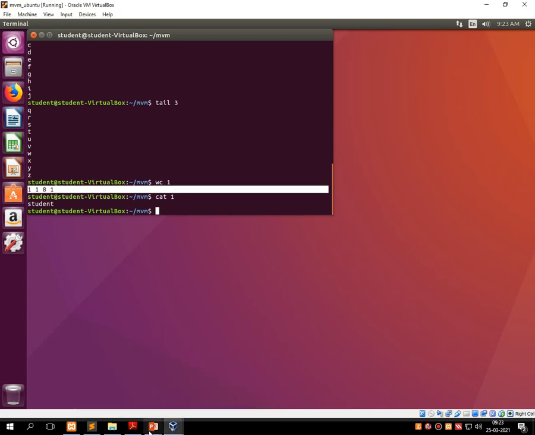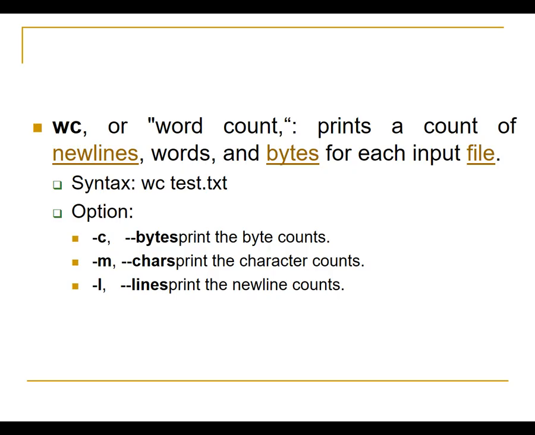Let's see whether this particular command contains subparameters or not. Yes, it contains subparameters like -c, -m, -l, where -c is used to print the byte count, -m is used to print the character count, and -l is used to print the number of lines.